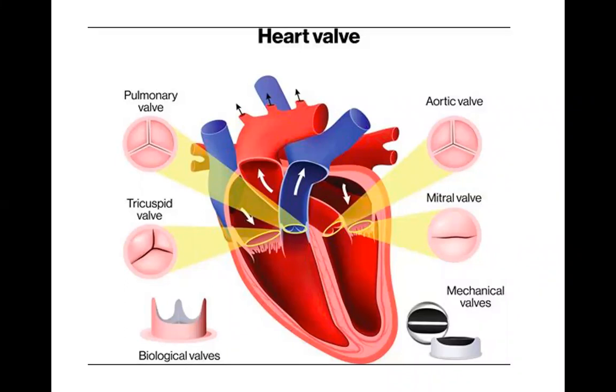So first, we are going to briefly show you the heart valve. So these are our valves. For the right heart, we have the tricuspid valve, and then the pulmonary valve or pulmonic valve. We have the mitral valve here, and then the aortic valve here. Remember that